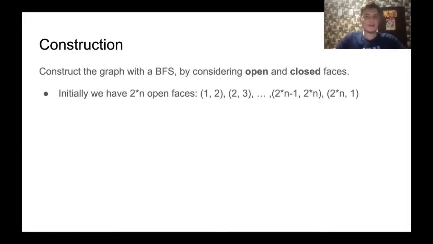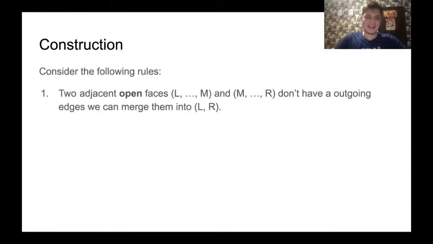Now we basically just need to figure out what the rules are so that we can actually do this BFS, which from the whole circle makes it smaller and smaller. Let's go to the first rule, which is actually pretty simple, I would say. Consider two open faces, where the endpoints of one are L and M, and the other one is M to R. And in the case they don't have any outgoing edges that we haven't visited yet,